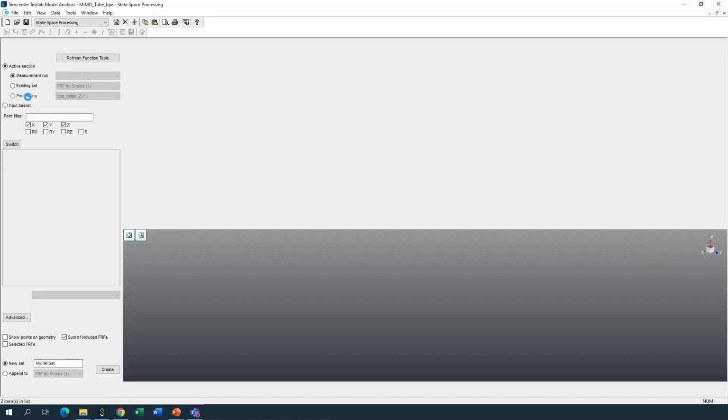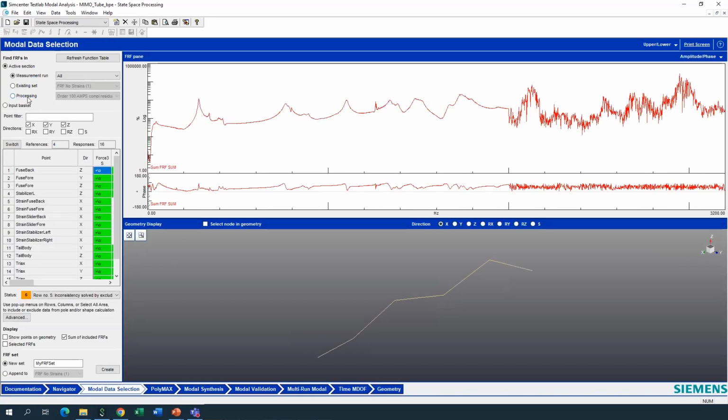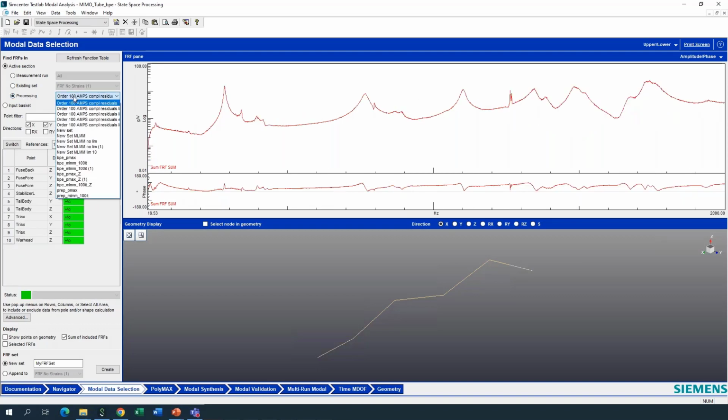Okay, let's maybe take the right data. The geometry is not really appealing. It was just a tube, and it was not really a modal test. It was an environmental test, a vibration control test, where we had a shaker exciting a tube with some sine sweep excitation. But it's a nice example to illustrate what we can do with a state space model.